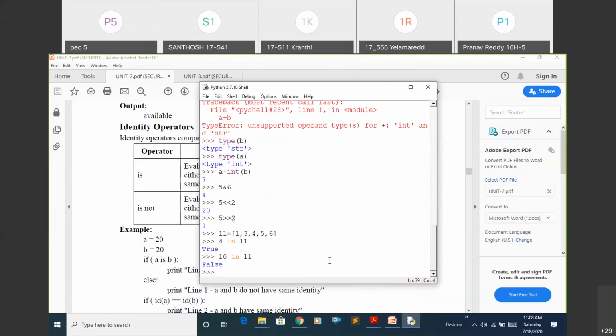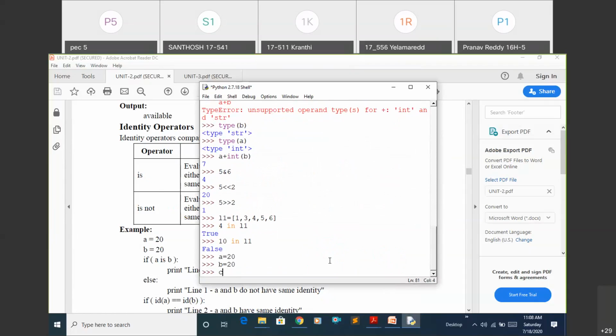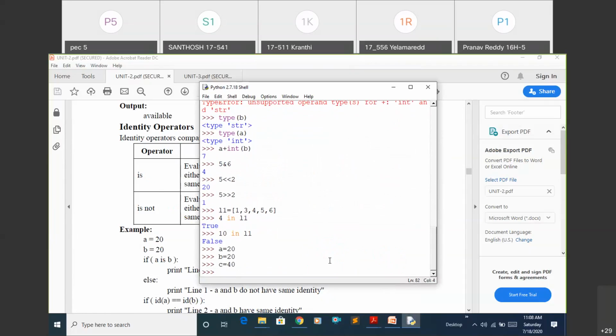For example, A is equal to 20. The same way, B is equal to 20. Again, C equals 40. Suppose A is B. I'm checking the condition whether both variables A and B are pointing to the same object or not. If I enter, it is giving true.